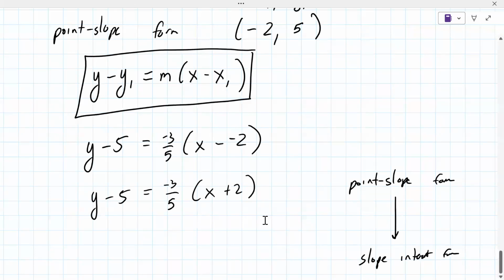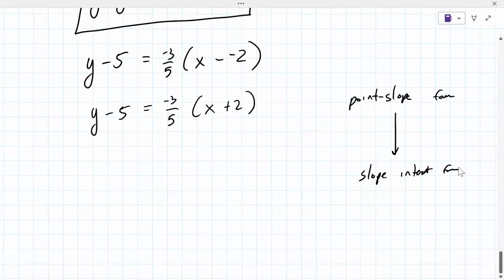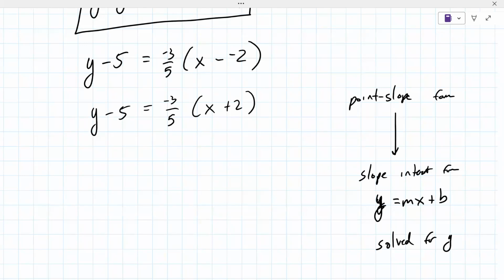Any questions on that before we move on? No. Okay, so slope intercept form is y equals mx plus b. And you'll notice, in other words, it's solved for y. So we have to solve